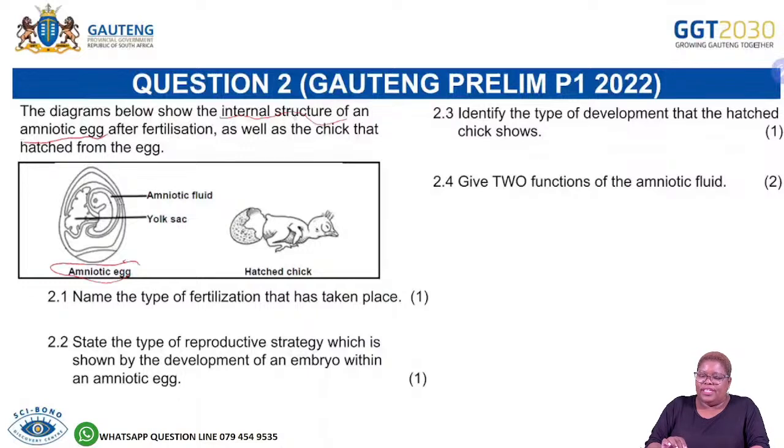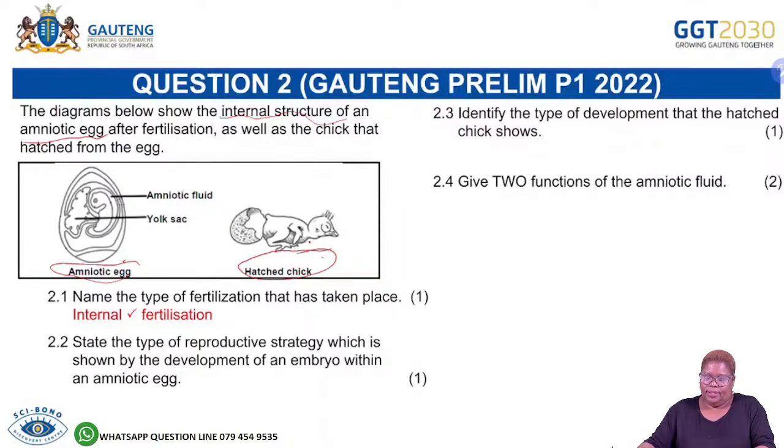The diagram shows the internal structure of an amniotic egg after fertilization has taken place, as well as the chick that hatched from the egg. Here is the chick that hatched from the egg. At least with life sciences, we give you diagrams that you can relate to, or diagrams that will assist you when you answer those questions, right? The first question, name the type of fertilization that has taken place there. It is internal fertilization. Remember, with internal fertilization, you need both the male and the female reproductive